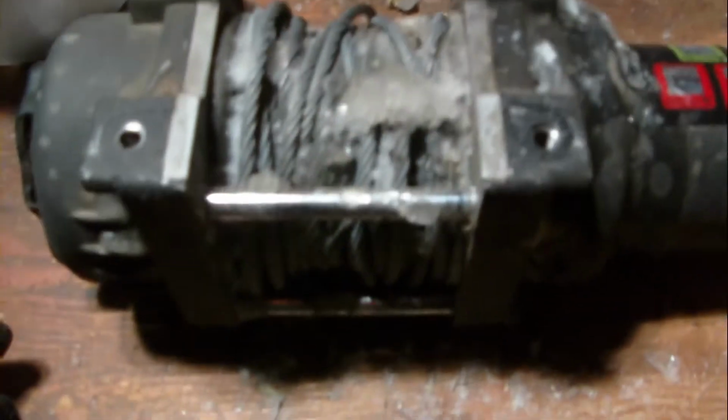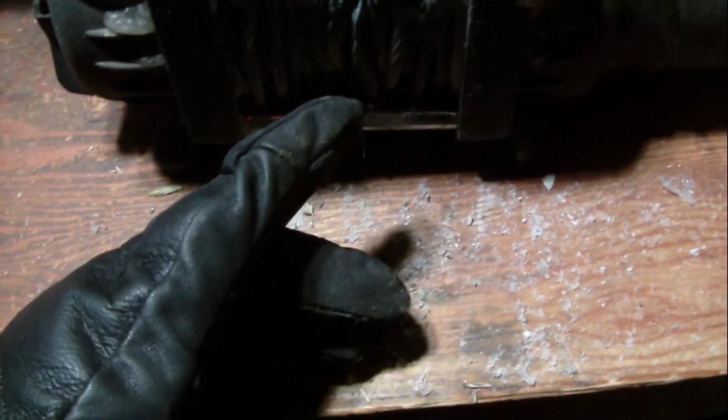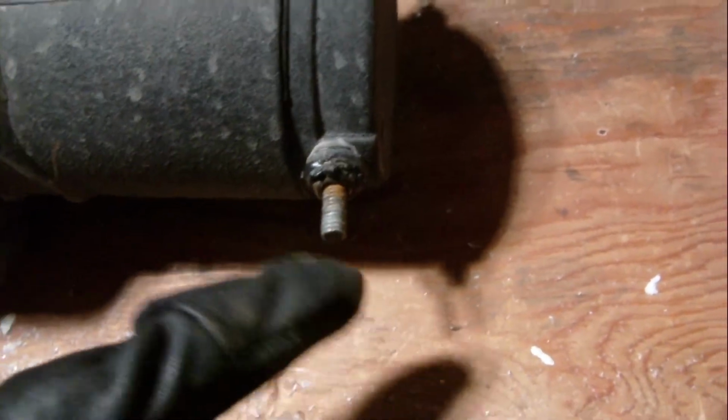But I'll show you. She's got some problems, of course. I'm going to try to show some of them off to you. The first thing is, I'll show you the stuff that I had taken off. Well, this is the old winch here. See, the spool of wire is still pretty good. She's a little dinged up, but of course she's not spooled on right either. But I noticed that these things here are pretty rusted, and they're even bent. So I don't know what's up with that. I don't know how the hell they got